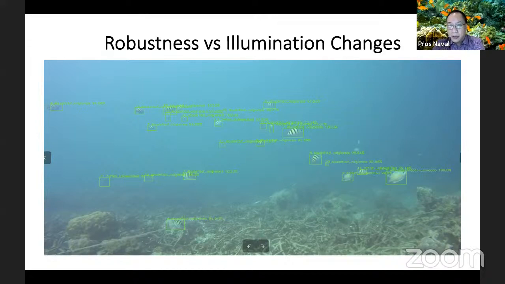Fish videos are very challenging because there are big illumination changes underwater happening within one second, sub-second. There's what you call a lensing effect, especially at shallower depths, at depths of about 5 meters. This lensing effect confuses traditional machine learning algorithms. But we've been able to solve this problem already for fish eye.